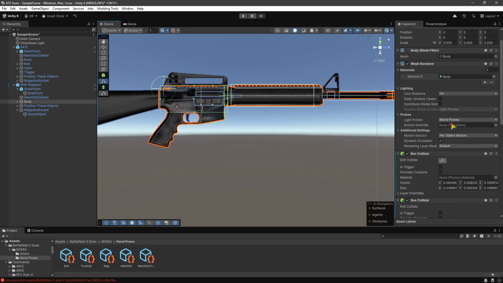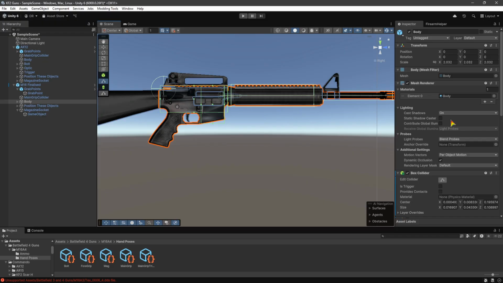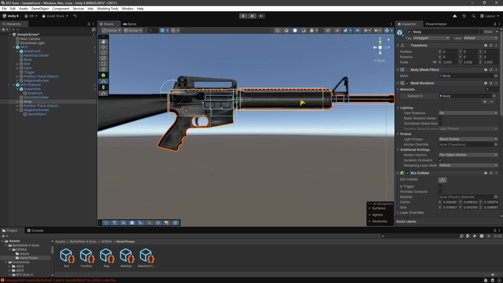So now, the next thing I'm gonna do is up here on the part, like just colliders here that are meant to